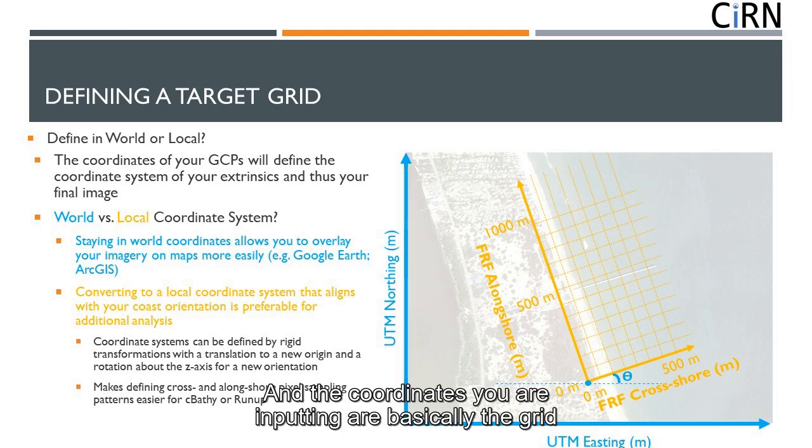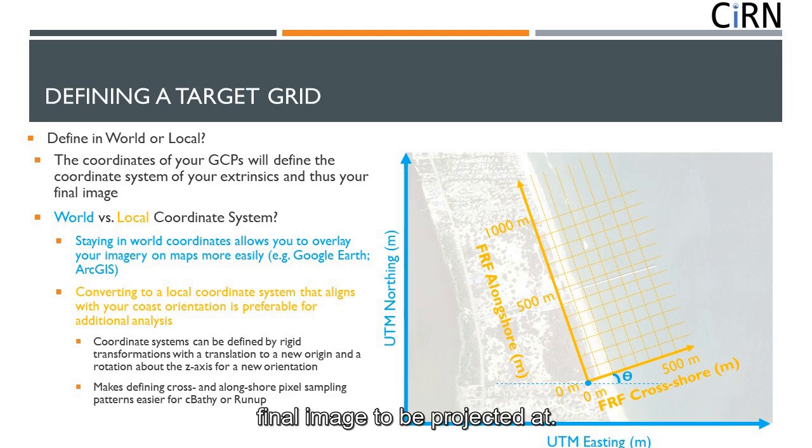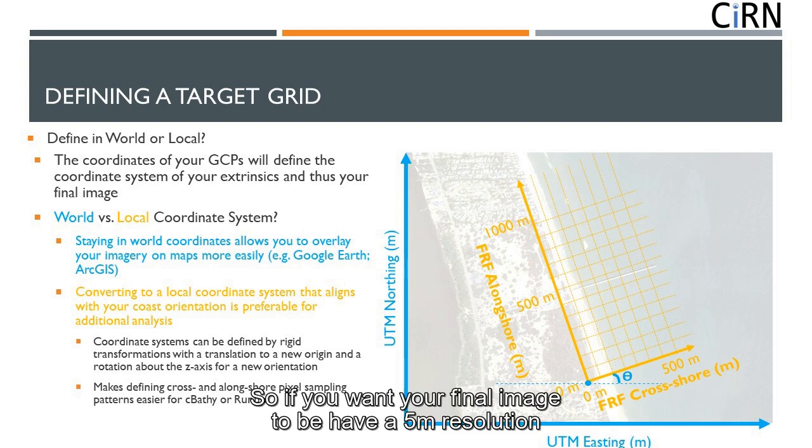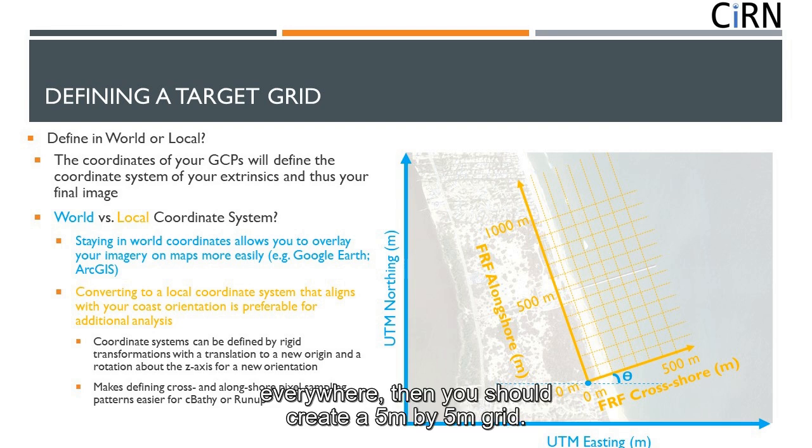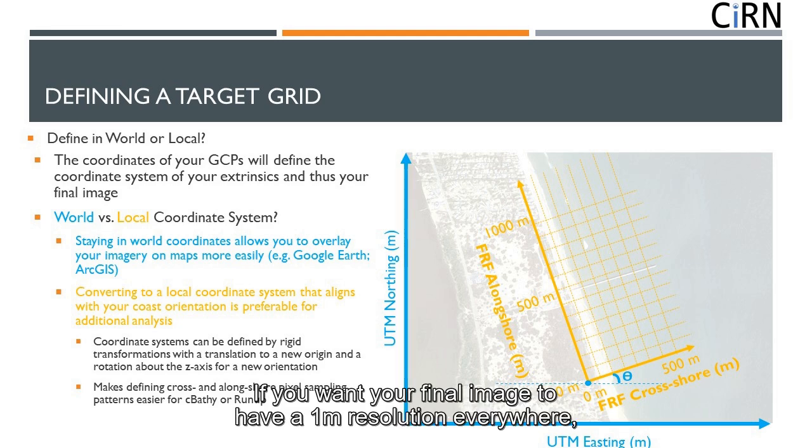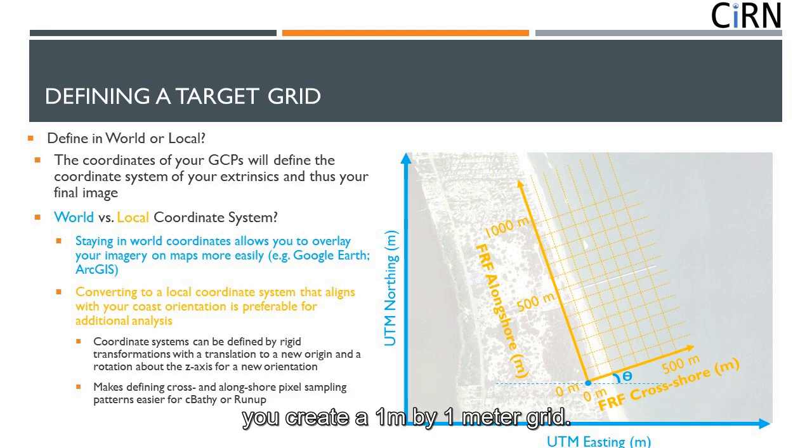And the coordinates you are inputting are basically the grid locations over here at the resolution that you want your final image to be projected at. So if you want your final image to have a 5 meter resolution everywhere, then you should create a 5 meter by 5 meter grid. If you want your final image to have a 1 meter resolution everywhere, you create a 1 meter by 1